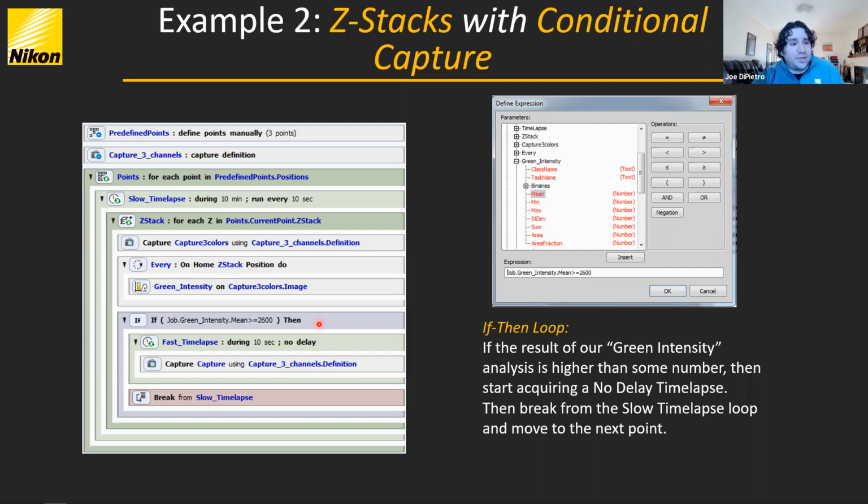And when it meets those criteria, do something else. This is something that we do all the time, right? When we're doing microscopy experiments, we're trying to find the things that we're interested in. And then when we find them, we want to go to those and we want to do a time lapse, or we want to take a bunch of Z-stacks really quickly, or we want to add a drug and then